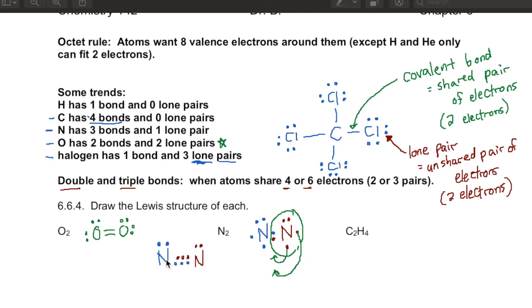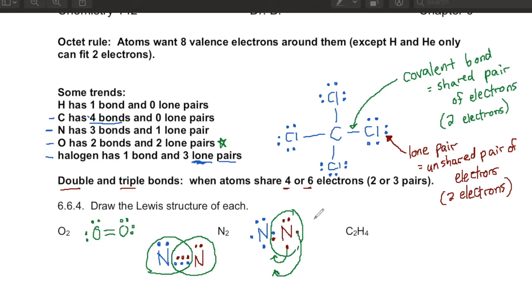Okay, so now I have them sharing 6 electrons, and that is definitely better because now we can see this nitrogen has access to 2, 4, 6, 8 electrons, and this nitrogen has access to 2, 4, 6, 8 electrons, and you can still see that I haven't added or taken away any dots. There's still 5 kind of rust-colored dots from this nitrogen and 5 from this nitrogen. So the right number of electrons are there, and yet with a lot of sharing, they're each able to get